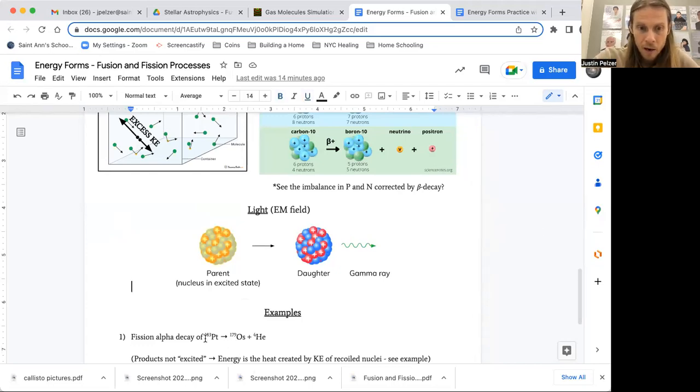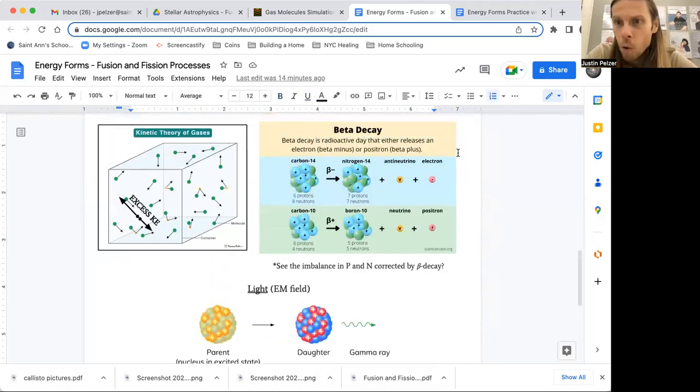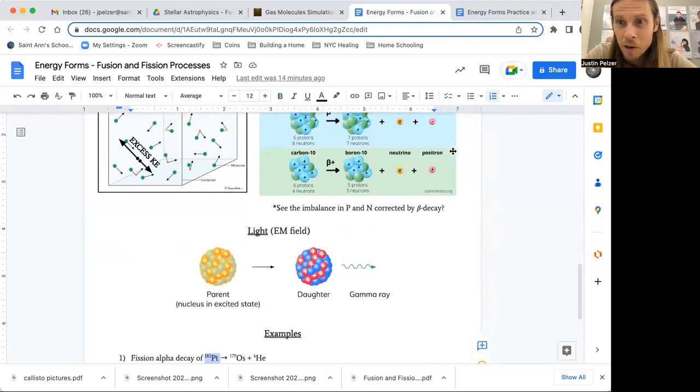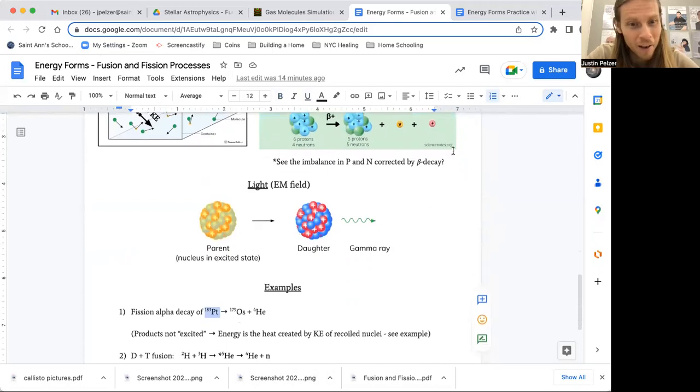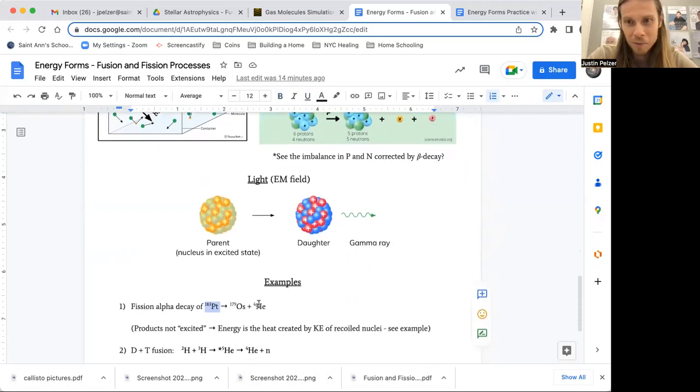Fission: alpha decay of 183 platinum into osmium and helium. My gold was way off. There's no way it's 147. I should have been more grounded in those numbers. The concept was right on, but no way that was gold into platinum. Sorry, I made that up. Because platinum-183 is unstable, it will decay into a helium nucleus and an osmium nucleus.